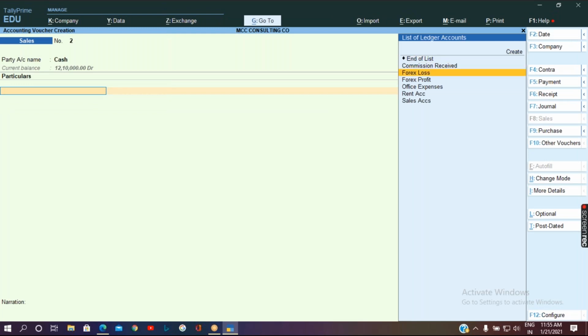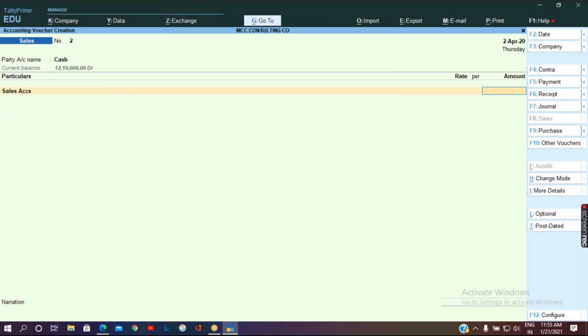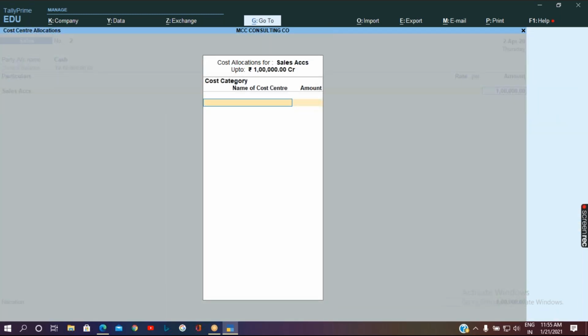So let me take it as sales accounts, and let's assume there is 1 lakh rupees of sales that has happened. So immediately after entering the value, you'll get this cost center screen.